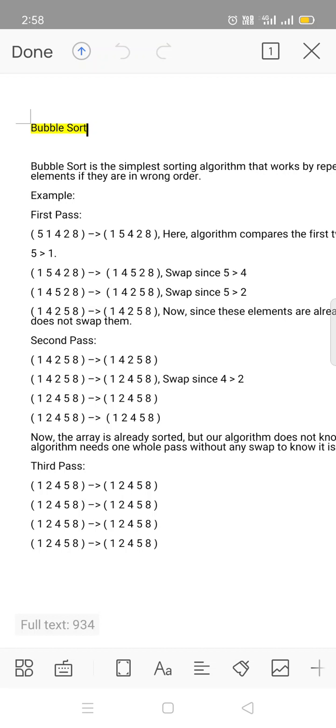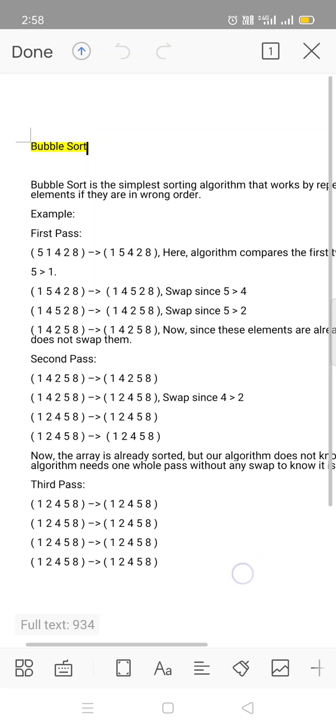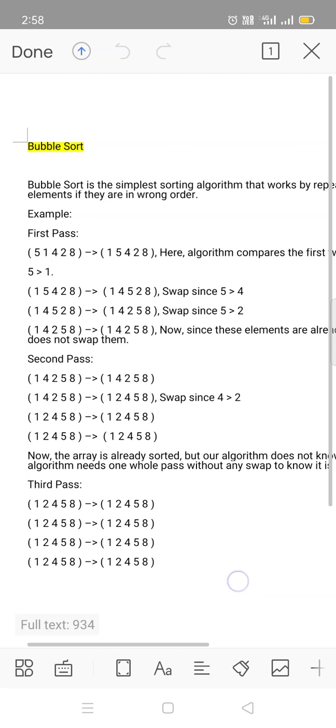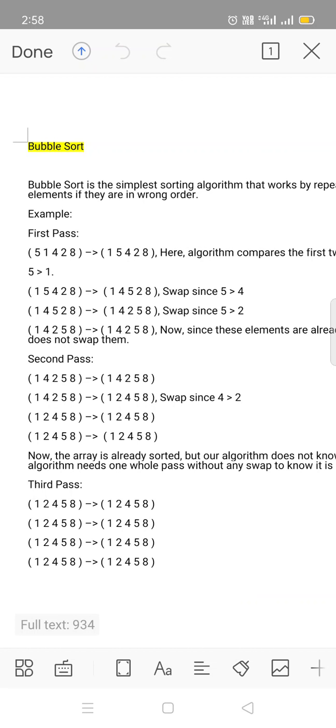Bubble sort is one of the easiest sorting techniques, and it is very simple to implement. It simply compares the current element with the next element and swaps it if it is greater or less, depending on the condition.